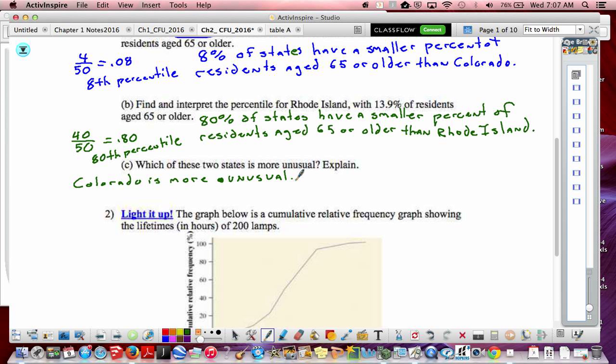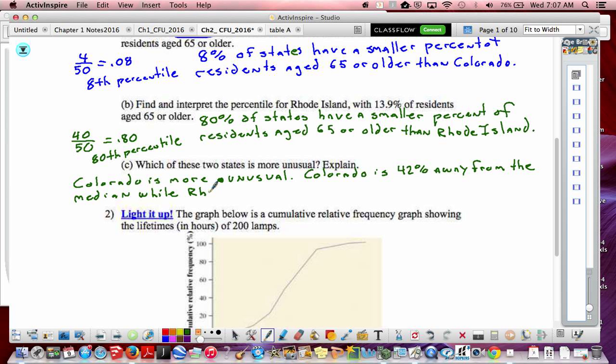I answered the first part, but I do have to explain. Colorado is 42% away from the median,